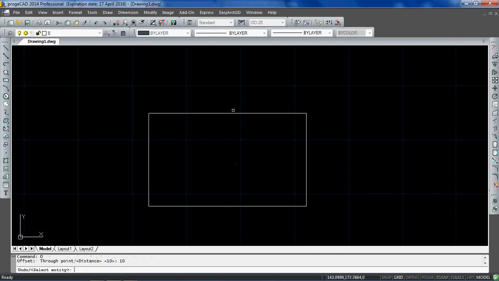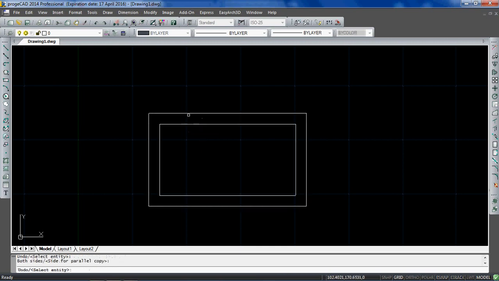Now select the entity. If you click inside the rectangle, a similar rectangle with smaller dimensions will be placed inside the rectangle. If you click outside of the rectangle, a bigger rectangle will be placed outside of this rectangle. So let us see by clicking inside and outside. Now I am clicking inside.